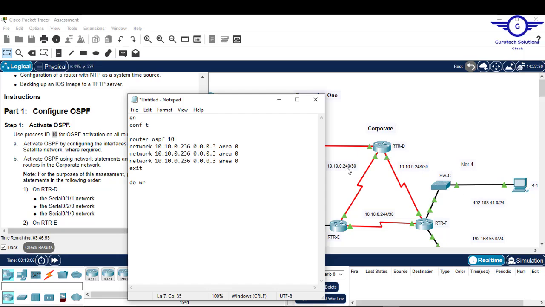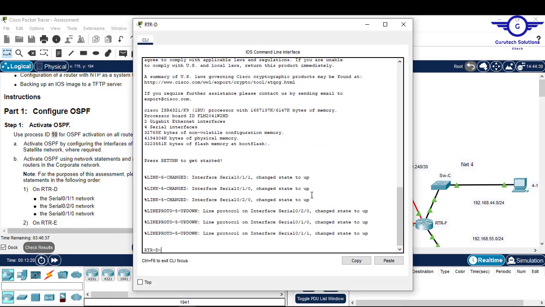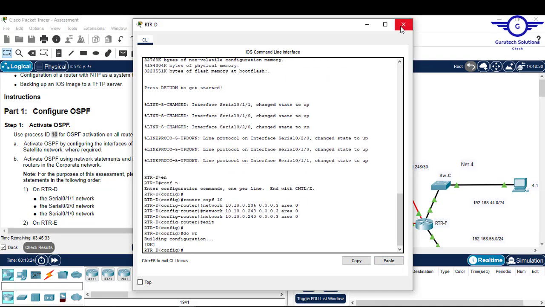This one is 240, and this one is 248. Okay, so copy all of them, come to this router here and paste. Then we move to the